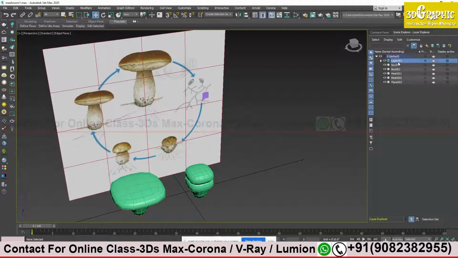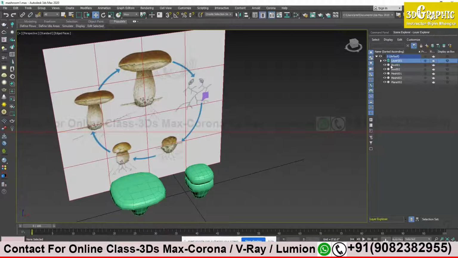Right now Layer 01 is inside my default layer. Sometimes it happens that when you create a new layer, it comes inside the existing layer. As happened right now, the default layer is there, and the new layer that I created came inside the default layer. You see, when I close the default layer, my new layer is not visible because it is inside the default layer.